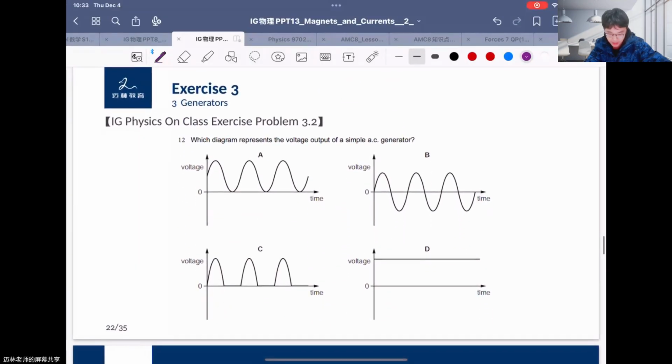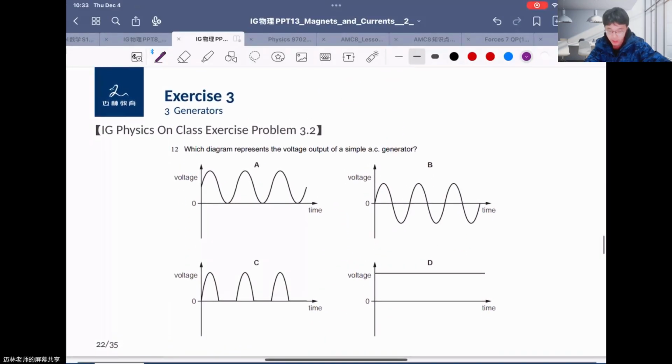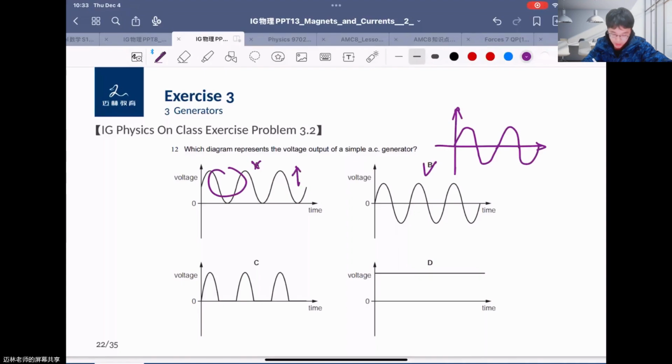And another exercise here: which diagram represents the voltage output of a simple AC generator? We have said before that an alternating current generator gives a sine function. So here is the AC generator, like this way, so we finally choose B. For A, you can find all the sine functions are above the axis. And for C, maybe it's after a rectifier, or maybe here is just a